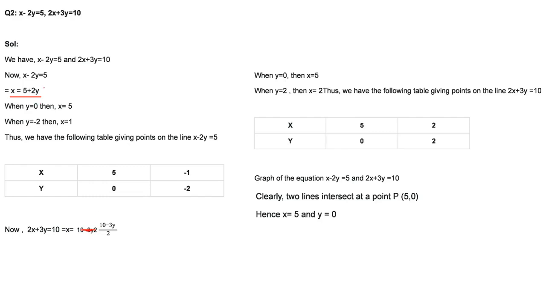So when I put y equal to 0 here, 2 into 0 is 0. 5 plus 0 is 5. If I put y equal to minus 2, so 5 minus of minus 2. This is 5 plus 2y. Okay, this has come 5 here, 2y. So if I put a minus 1 here, what do we get? Because in this equation, x minus 2y, I did what? I took x here, 5 plus 2y.